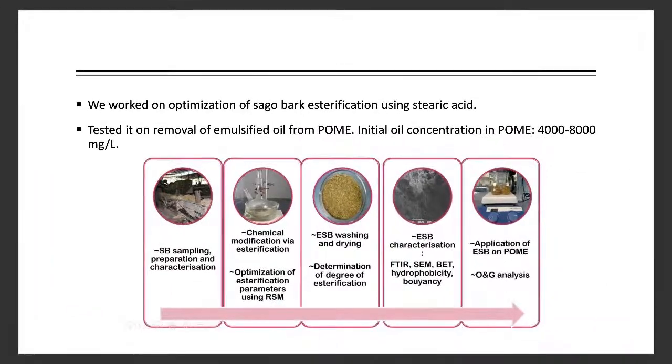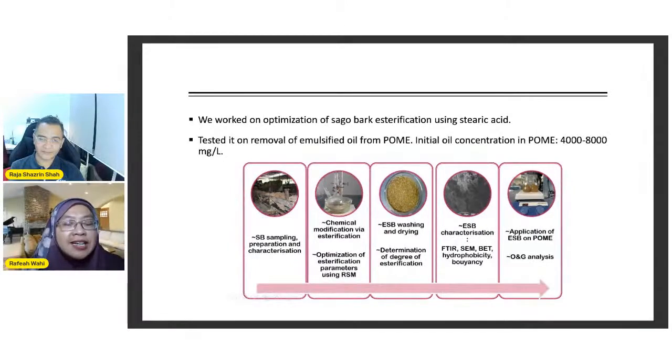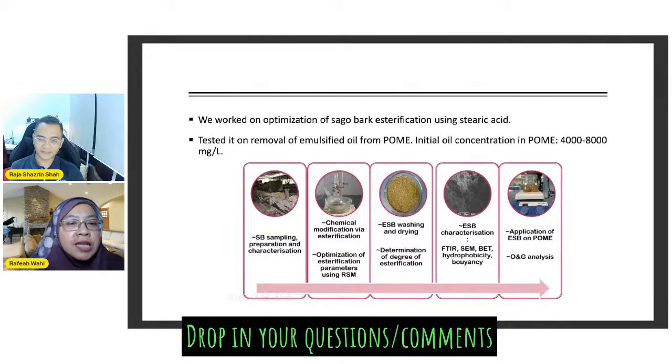by physical absorption, for example like the sponge extracting water, and we can take it away. And it also involves chemical absorption. There is a chemical thing inside the biomass that we treated, which can attract oil from water. And even if we do something physically to the water, the oil which has been trapped by the biomass will not be released back to the water. So that's basically the process.